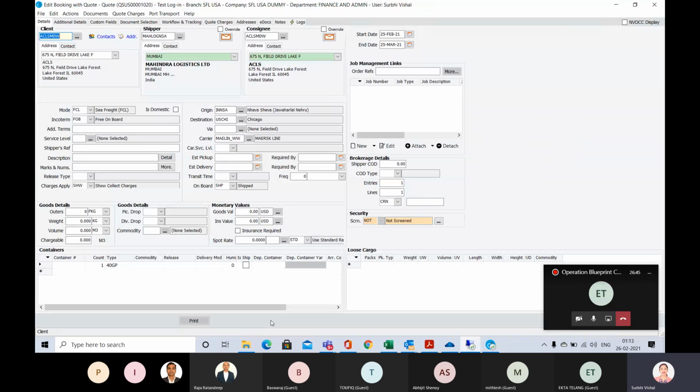So if you can see, we have been taken to a new screen, which is the booking with quote. Okay, and here all that information from one of quote is populating over here, like client, shipper, consignee, and origin, destination, modes, everything.